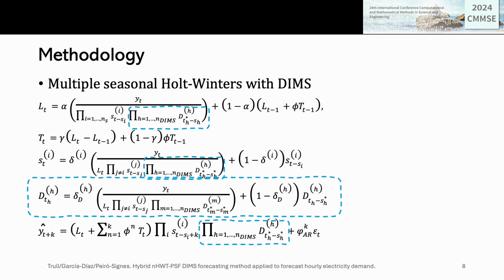So to deal with this effect, we created something called discrete interval moving seasonalities. The difference from other models is that it forms part of the main model. It is completely integrated as a new seasonality, but only when this special event appears. It has its own smoothing parameter and is added to the rest of the equations and must also be fit during the same process. You may notice all these discrete seasonalities squared in the blue dashed lines. The new proposal is,